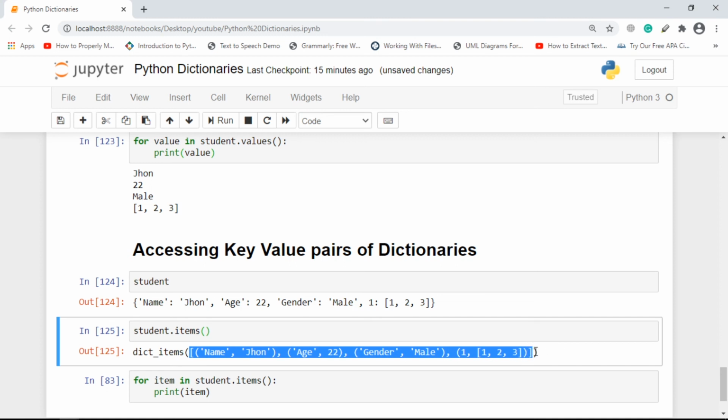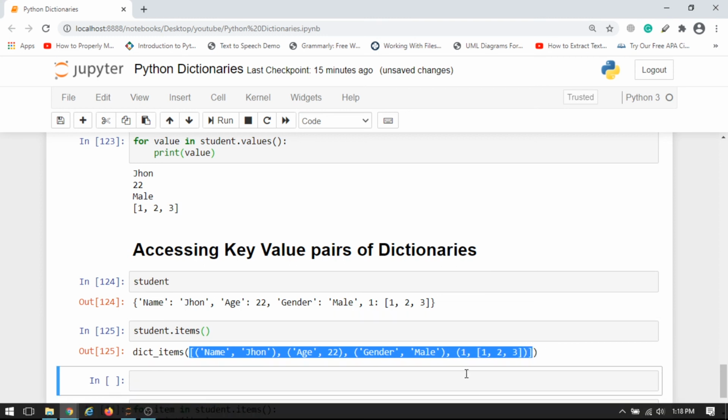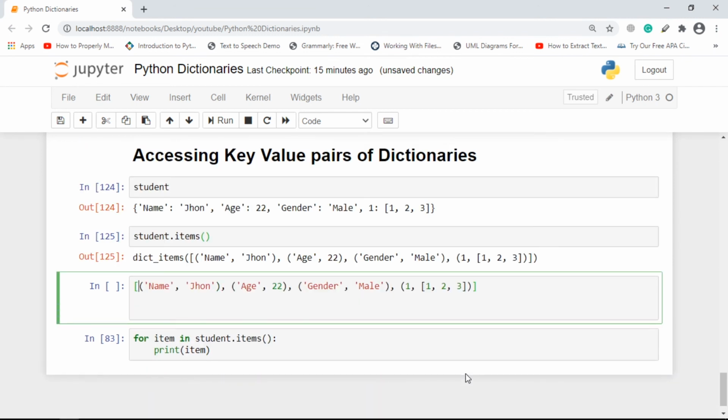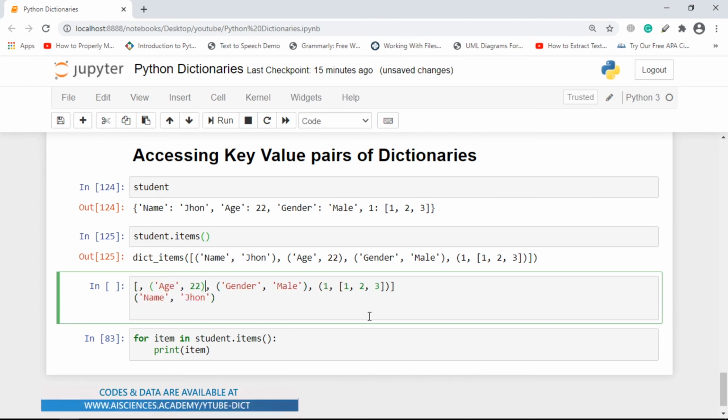Let me just copy this thing. What this is doing is providing me with a list, and inside this list I'm getting tuples. So dot items will provide you a list of tuples of the key value pairs.